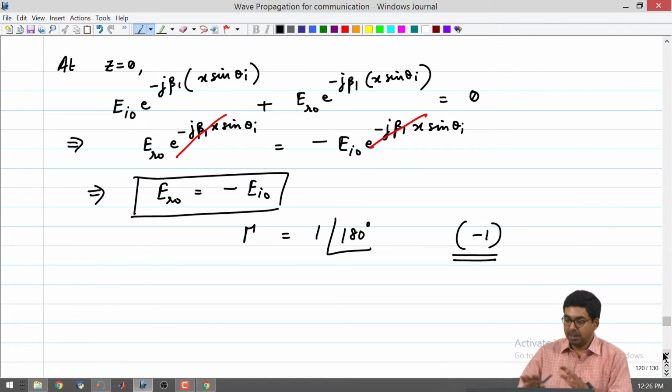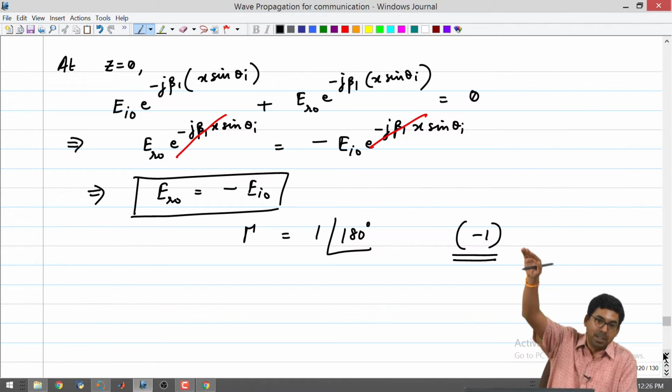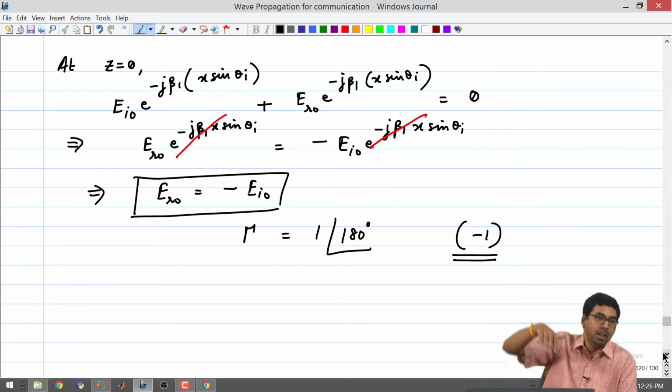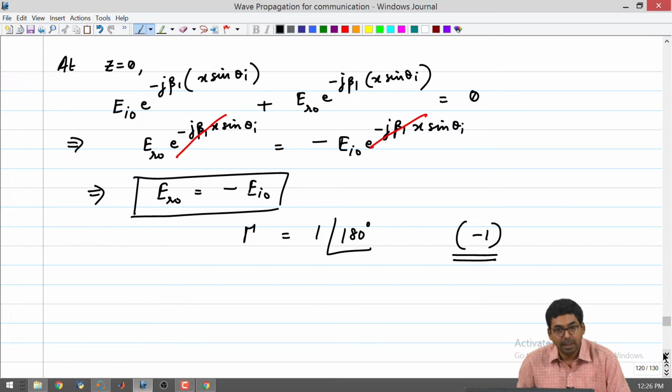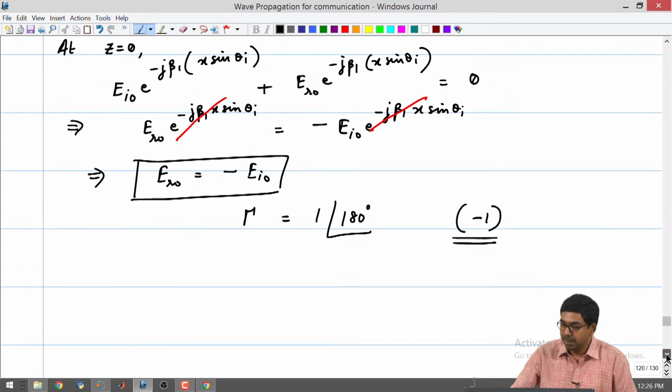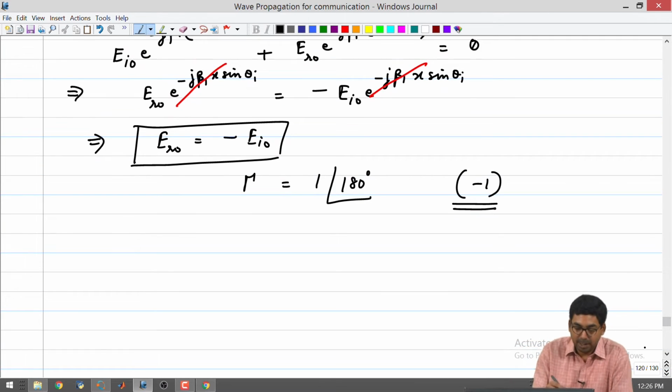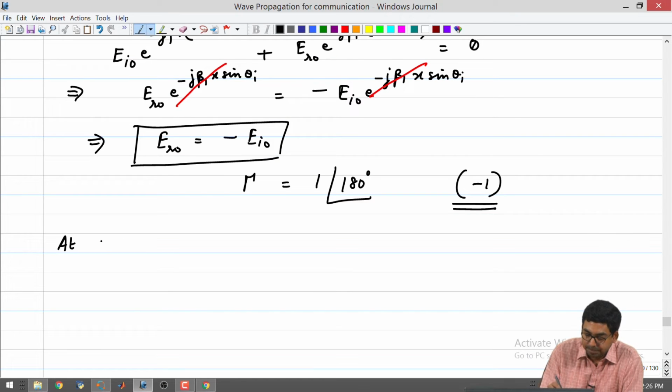So, there is some analogy even with transmission line, but it gets difficult simply because the angle of launch comes into the picture. In the case of transmission line, you never had the question of oblique incidence, it was always hitting at normal incidence and coming back. Here you can always say that my theta i could be equal to 0, and that case will exactly boil down to a complete analogy with transmission lines. Now let us look at the other boundary condition at z equal to 0.